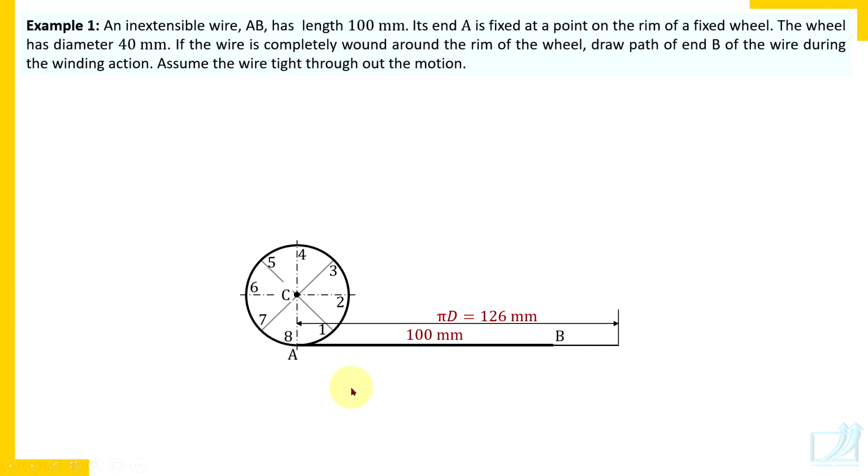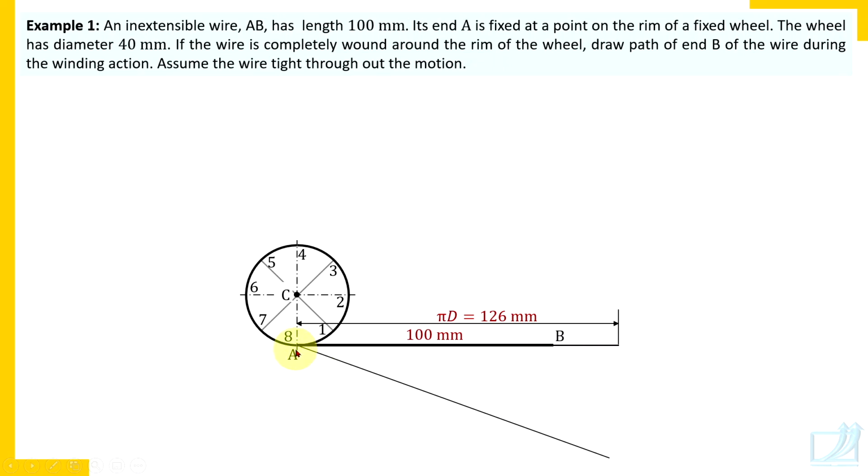But now you should understand the procedure. Along the wire, whatever may be the length of the wire, you measure pi d. If required, you extend that wire, but the actual wire is of length AB, 100 millimeters. So only the 100 millimeter length of the given wire must be dark, its extension must be thin or faint. So remember, along the wire, measure length pi d and divide that length pi d in 8 parts. You know how to divide that in 8 parts.